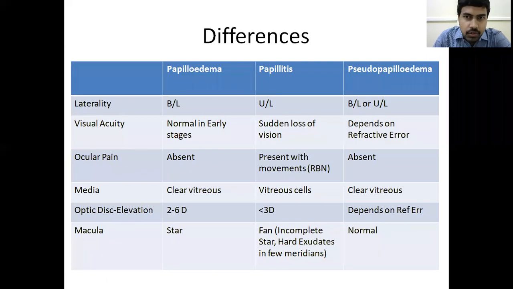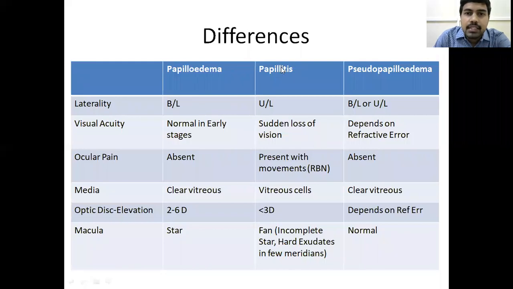First of all, just a brief recap about the old classes, that is the differences between papilledema, papillitis, and pseudopapilledema. If you are following the Khurana textbook, this table is given in that. Papilledema, by definition, is a swelling of the optic disc which is passive, due to raised intracranial tension. Suppose there is some meningitis or intracranial space occupying lesion, there is edema of the optic disc because of stasis of the axoplasm. It is usually bilateral, but it could be asymmetric.